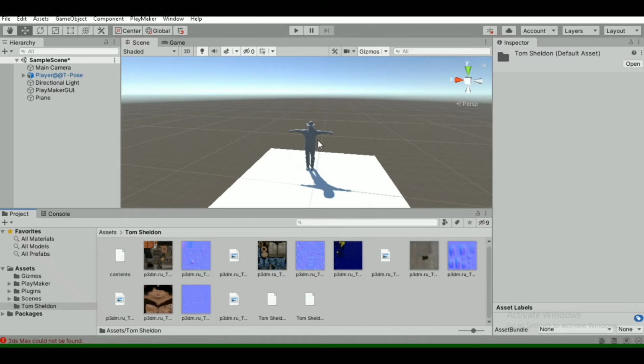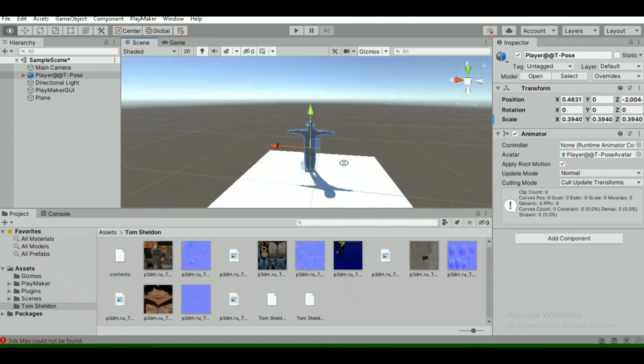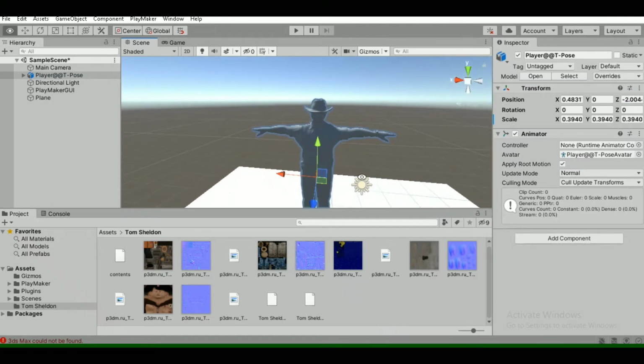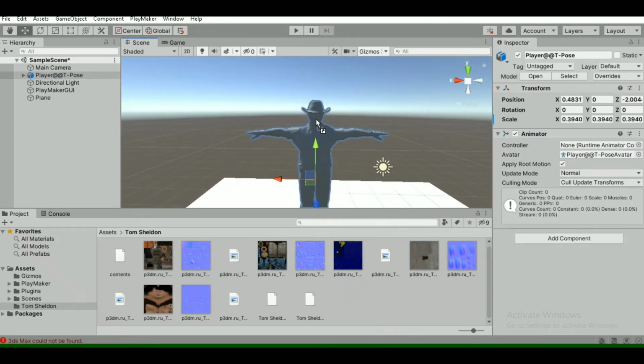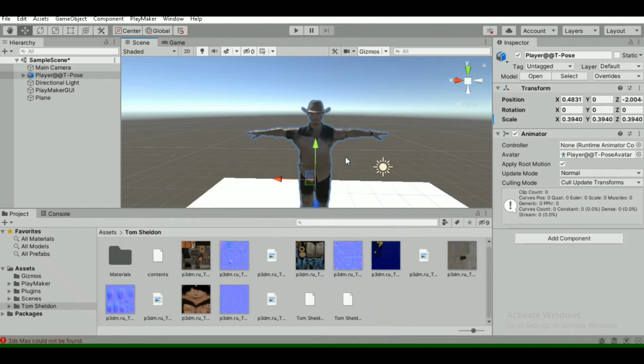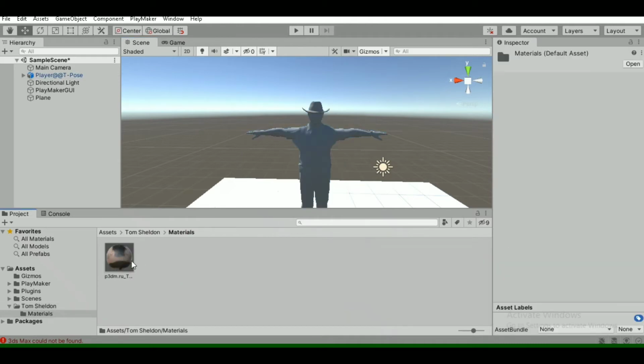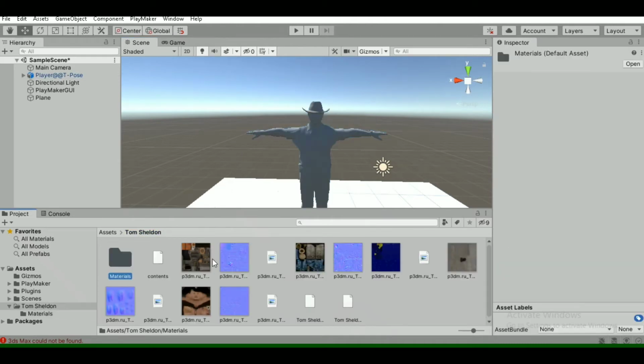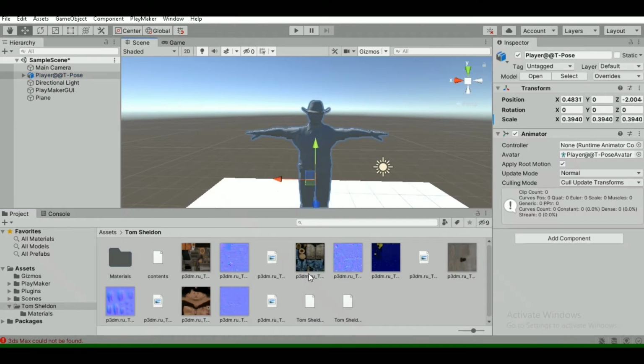Just click here and quickly place everything here.